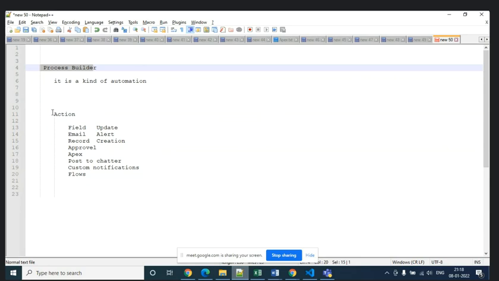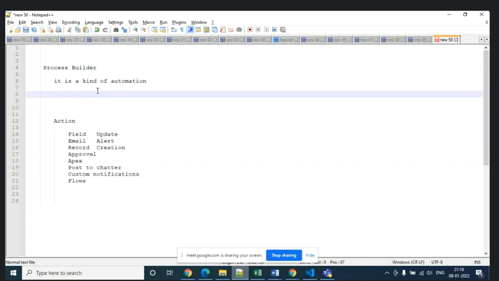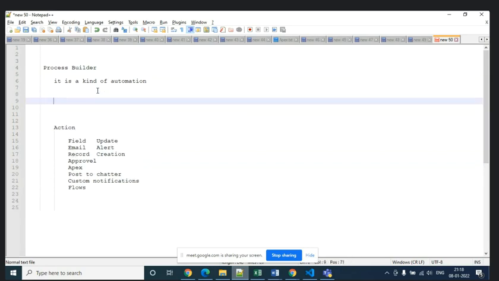This is one best thing. You can perform more actions than workflow, but there is another best thing in the process builder: you can use n number of conditions for the same object. Using one object, you can perform multiple conditions.